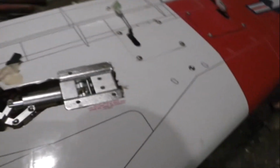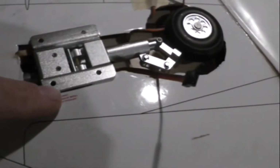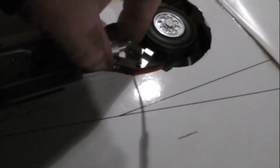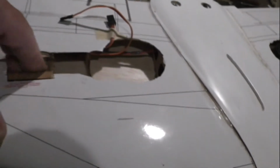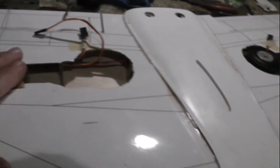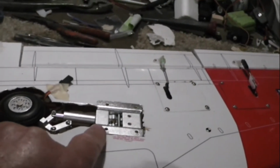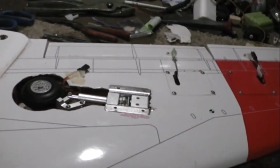The wing retracts, they're not a drop-in fit. As you can see, there's quite a bit of cutting and trimming that needs to be done in order to get them to fit along the front here, and then they also need to be a little thicker than the wing. So I've got some shims right here, and we're going to shim those up a hair like that so that we don't push through the other side of the wing. There's also a nice white wheel well where what will be visible will be a nice looking finished